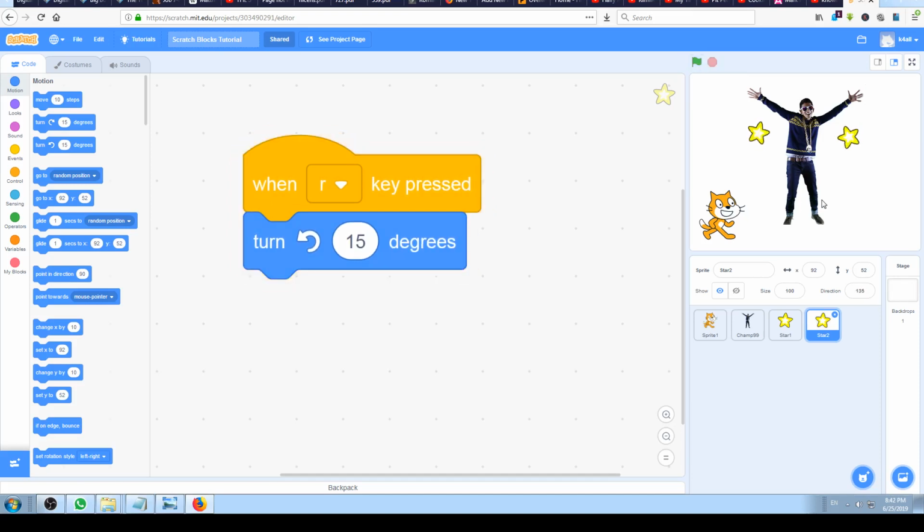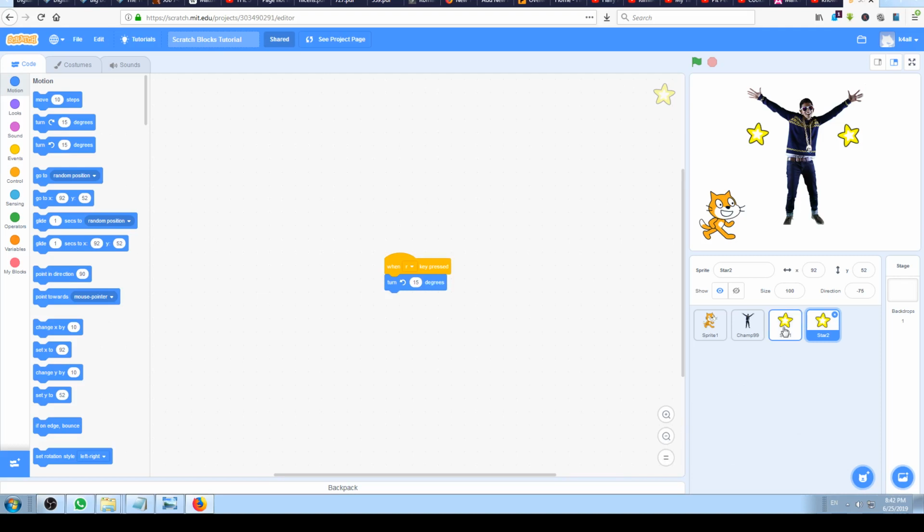That's how I wanted it to be in my game. You can choose to do whatever you want in your game. Don't be afraid to experiment and change it to your needs. For my game, I want it this way. And what we have learned behind this turn degrees block is that I can attach the same button, the same key, to different